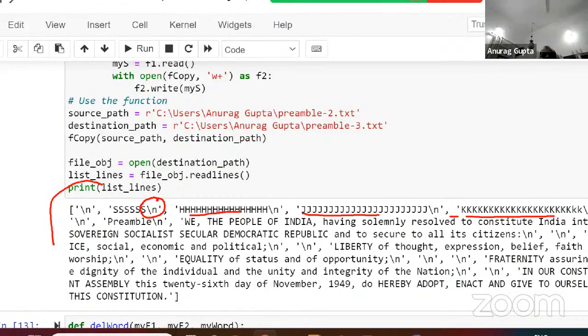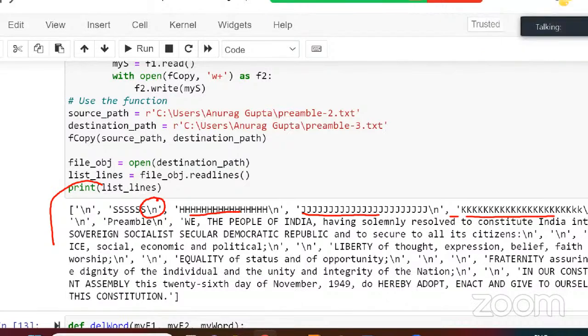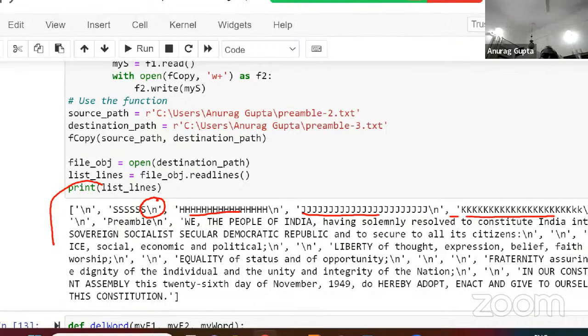Anybody, any questions on this? Then we can move ahead. Anyone? I'm not getting any questions. So I think either everybody is totally following what I'm saying or nobody's following what I'm saying. I don't know which one it is.